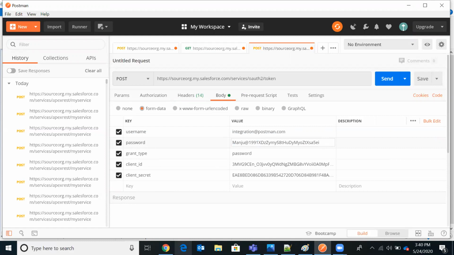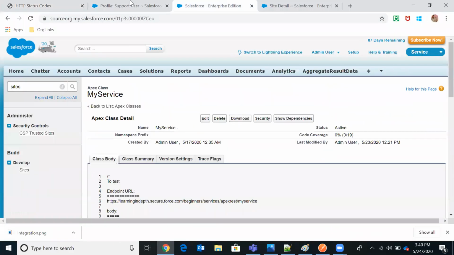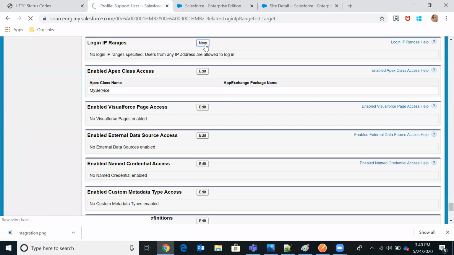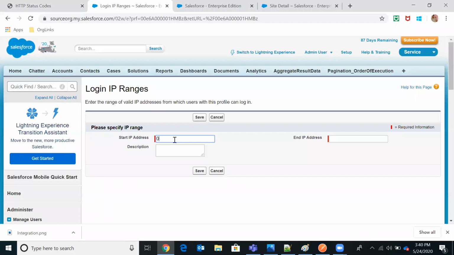For example, if you go to this profile, and you are not adding any IP ranges, meaning IPv4 ranges, it starts with 0.0.0.0 and it ends with 255. The purpose of this IP range is that if you add this IP range, your system will never ask for a verification code.